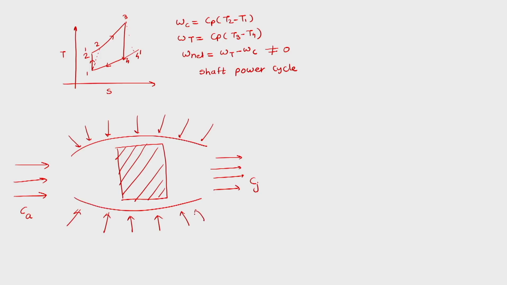So, let us call it Pa, and then this jet over here has pressure Pj. So, what we are talking about is the propulsion based understanding for the Brayton cycle. Propulsion based understanding for the Brayton cycle, we have seen earlier that there is a compressor